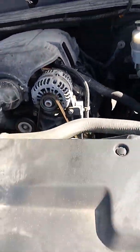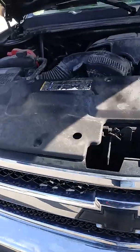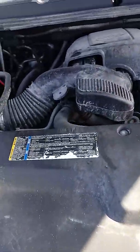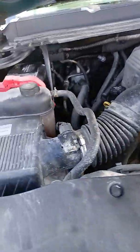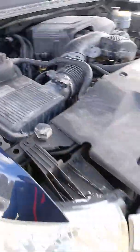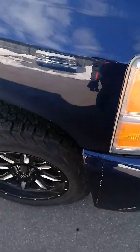Started right up. It actually has a remote start, which I used to initially start the truck after it'd been sitting all night long. Started right up with no problems whatsoever. Again, using the remote start. So